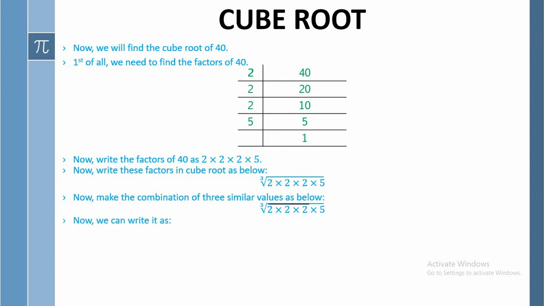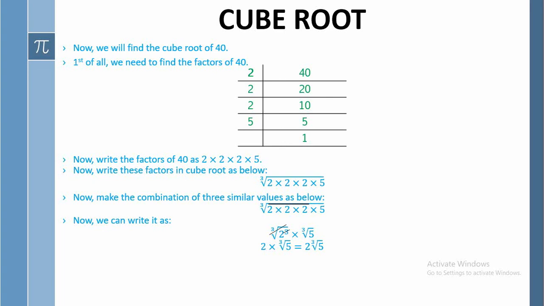So now we can write it as under cube root of 2 cube multiplied by under cube root 5. Cube root will be cancelled out through cube to give you the value of 2, while under cube root 5 will remain same because it doesn't have the power of 3 to be cancelled out. So you can write it as 2 multiplied by cube root of 5 or equals to 2 cube root of 5. It doesn't make any difference if you don't put any multiplication sign between the whole number and the cube root, it will remain same. This is the cube root of 40.